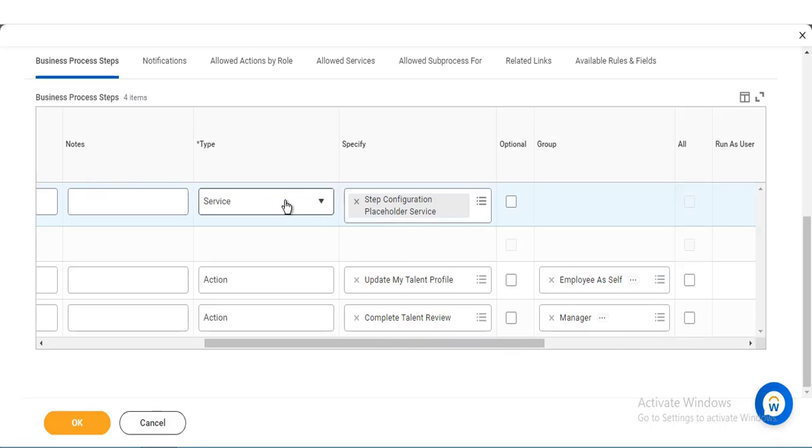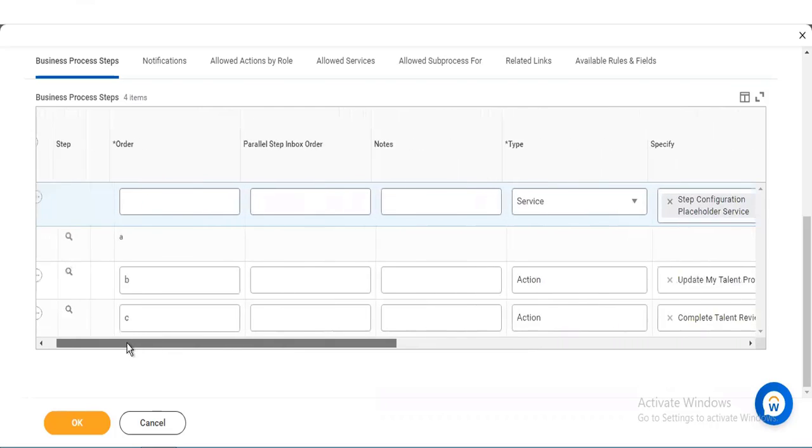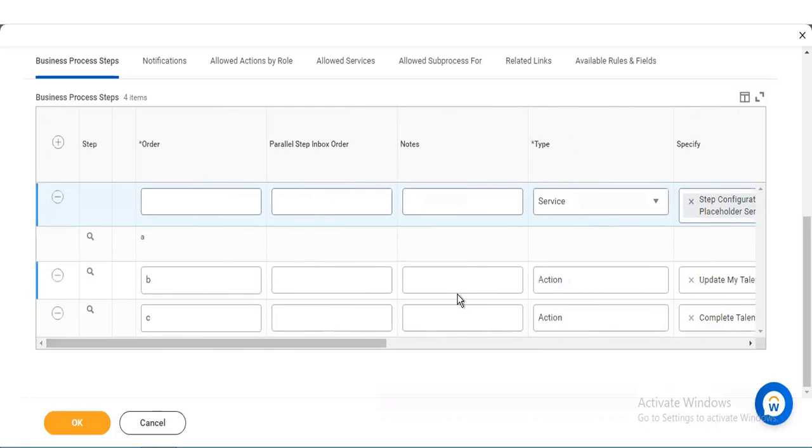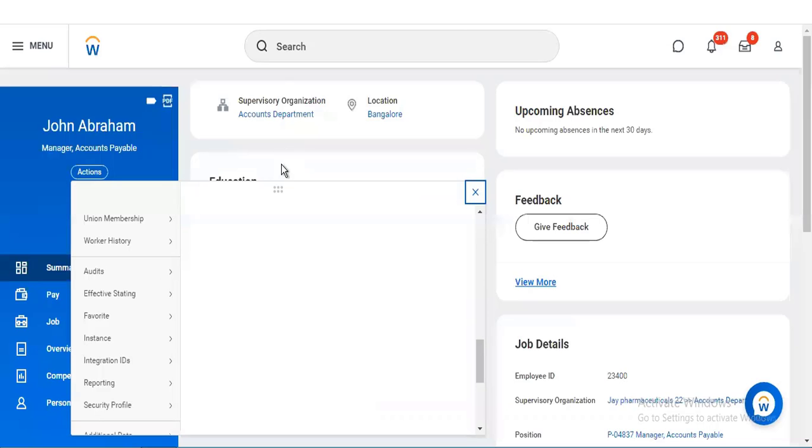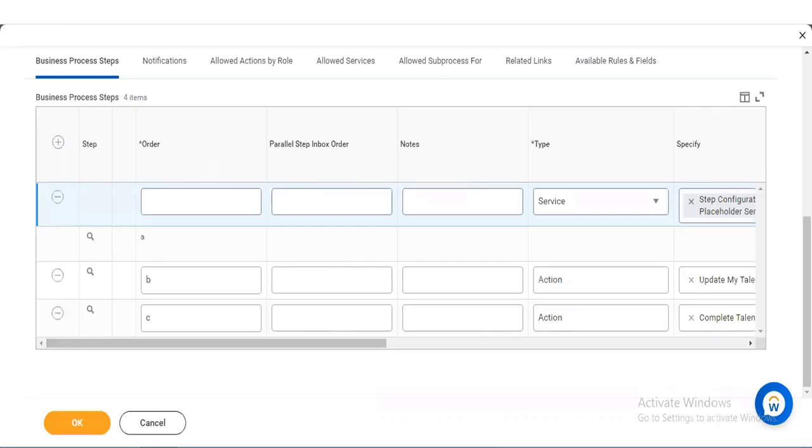So they have advised me to add this service step, for which whatever reason they gave, I was not able to understand. But in this scenario, what is happening is the calculated field that I created sometimes gives me the right result, sometimes it does not give the correct result. So mainly, whenever we work on any specific condition rule that we create, we check the step condition. For example, for this worker,